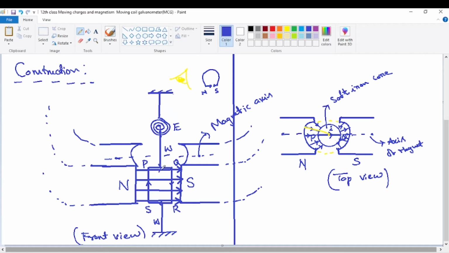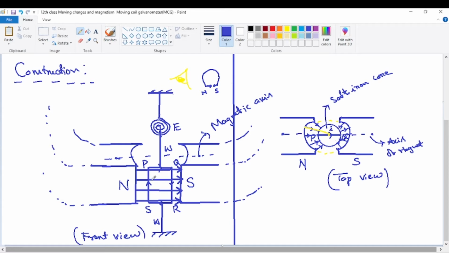So now again coming back here, the plane of the coil, you can see that it's parallel to the magnetic axis of the circular magnet. That's the thing. So now how does this coil look from the top? Just observe here carefully, observe the cursor compulsorily. Only the top breadth of the coil can be seen, PQ, and the entire coil will be hidden below the breadth PQ. It can't be seen. The entire coil can't be seen when seen from the top. This is how it looks. This is the breadth PQ.